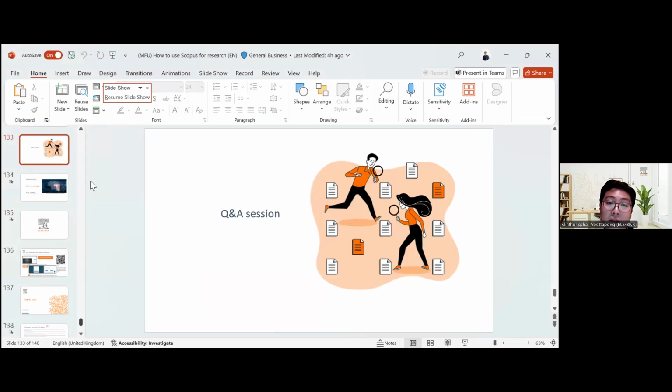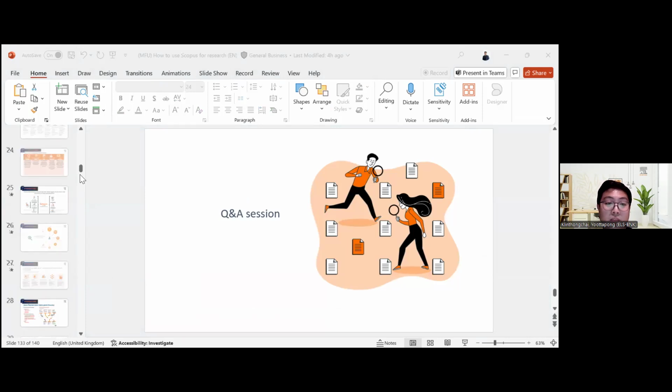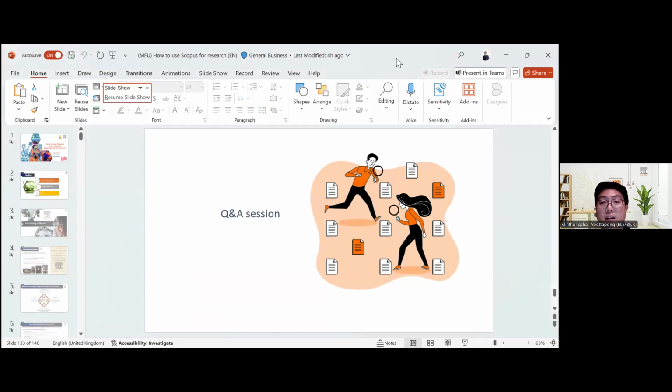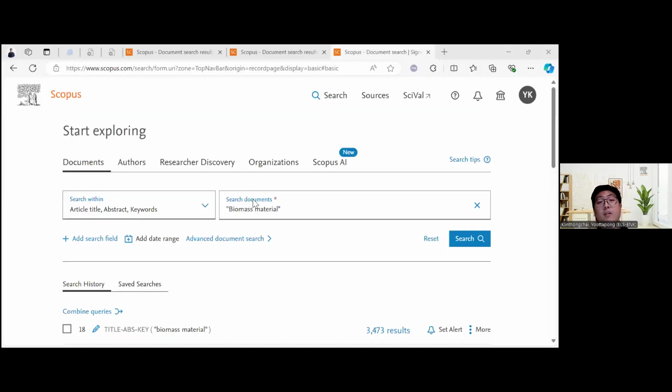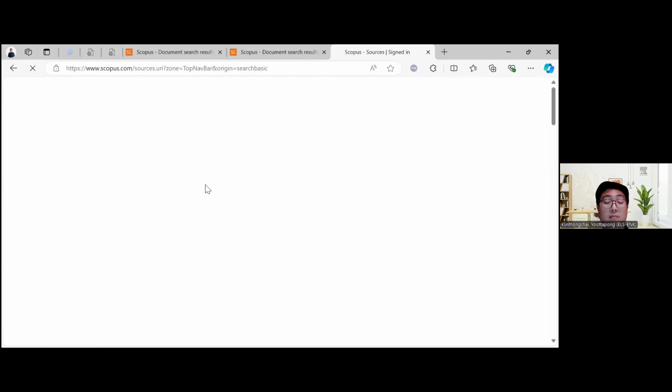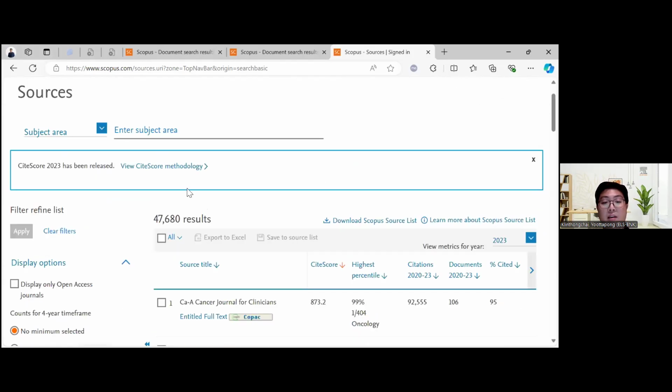How to find the journal coverage here. Okay, you can go to www.scopus.com. You click on Sources at the top of the landing page. Okay, after you click it, wait a moment. You can pick, for example,